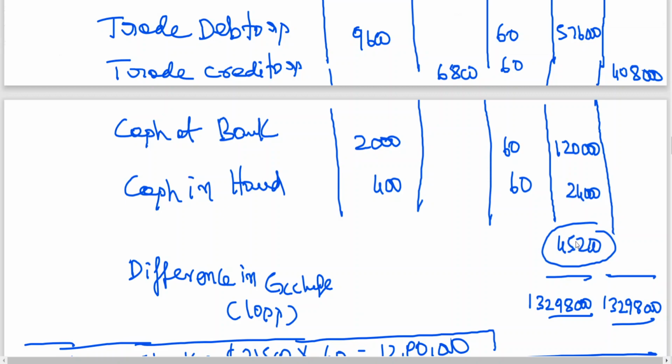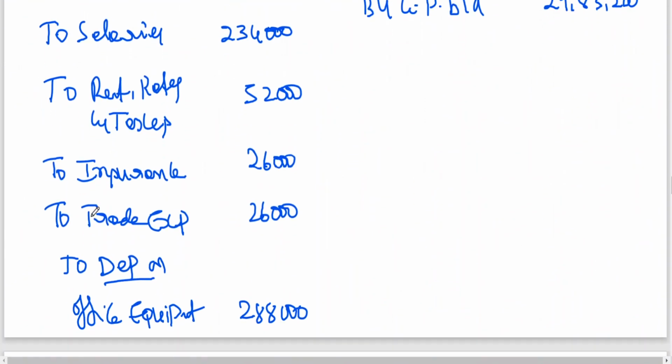If it is a loss, you have to show it on the liability side in brackets. If it is a gain, it appears on the balance sheet liability side. So for the time being, understand that whether it is a loss or a gain from converting the foreign exchange, if it is a gain you show it on the liability side, and even if it is a loss you show it on the liability side with brackets. So that also I have done in the problem. I will show you here.